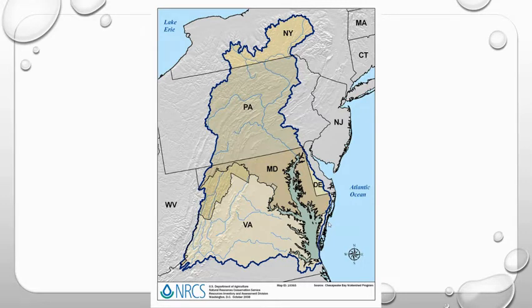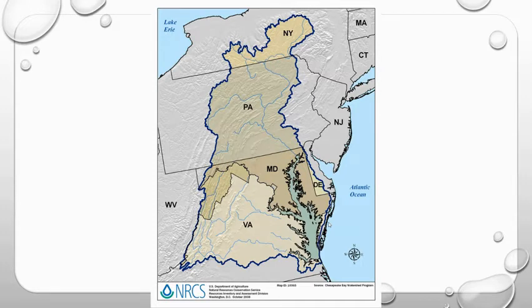It's a fairly large bay, and consequently has a fairly large watershed, as in any drop of water that lands within the area that's highlighted here eventually makes its way to the Chesapeake Bay. And you can see it's a pretty large watershed, right? Most of Virginia, nearly all of Maryland, even parts of West Virginia, a large part of Pennsylvania, and even up into New York. Right, water that falls in some of central New York eventually makes its way to the Chesapeake